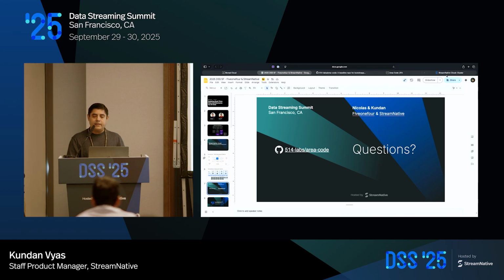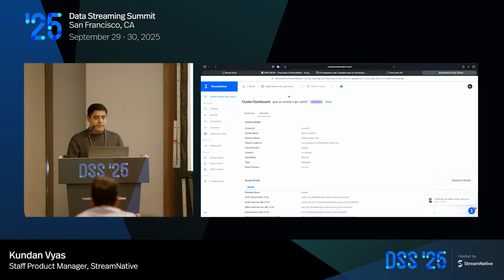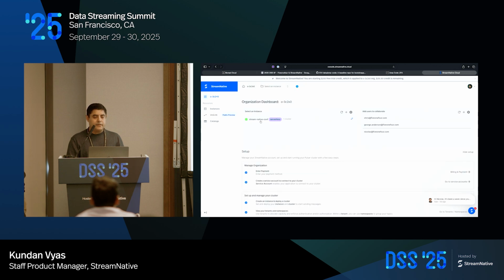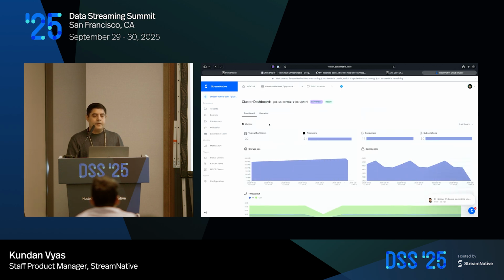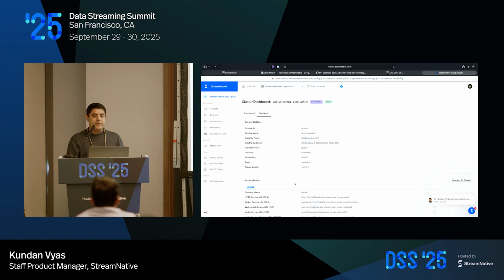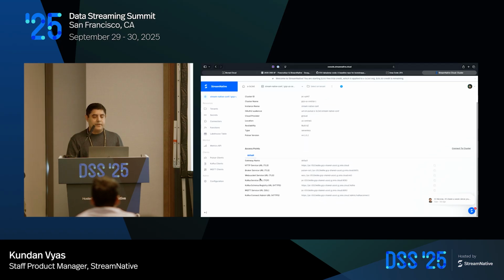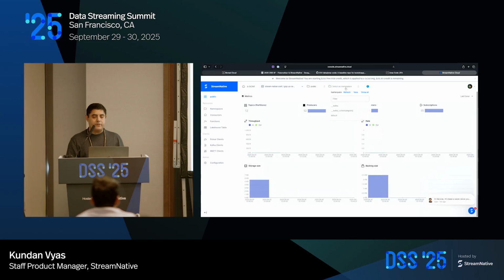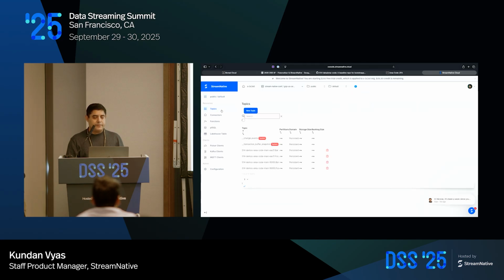In the cluster, what you'll notice is, let me come back to the root. This is the cluster where you would typically go to a StreamNative cluster to grab the access points. These are the access points which are wired into the Moose framework. Now let me quickly go to the topics where all that data is getting populated. So if I were to jump into that,